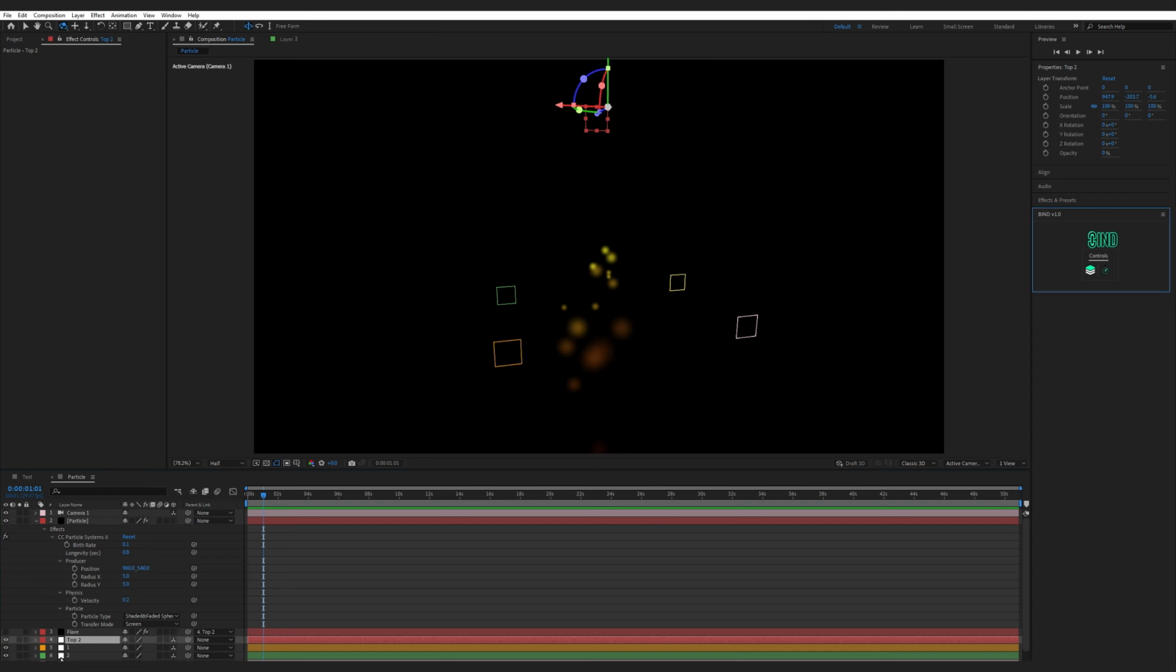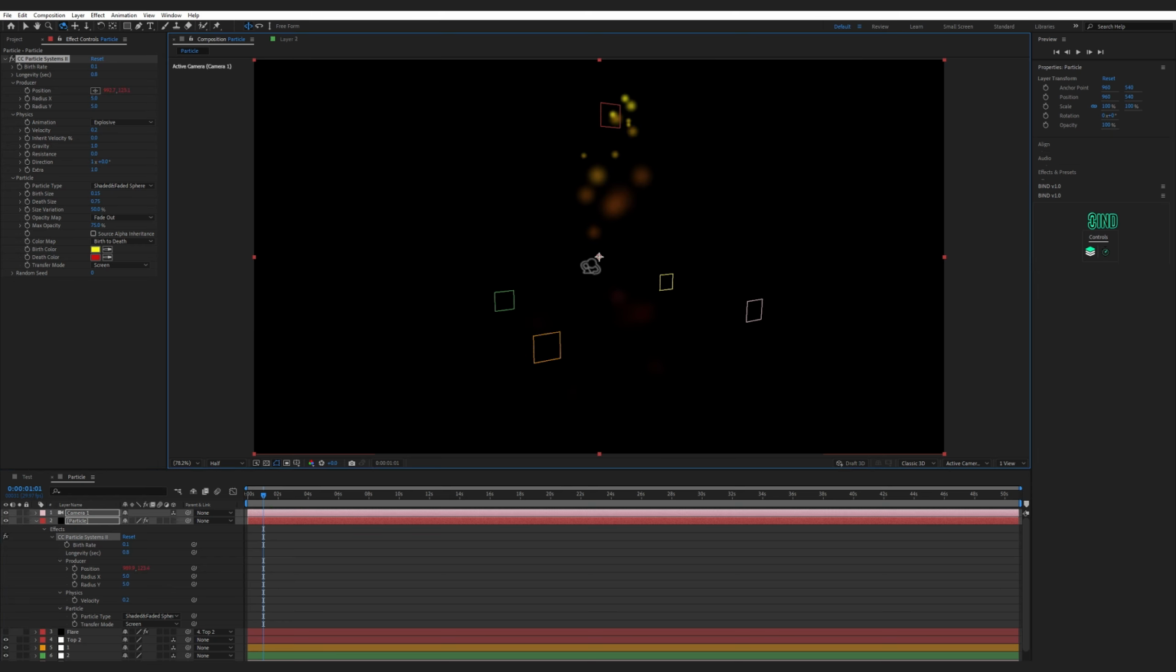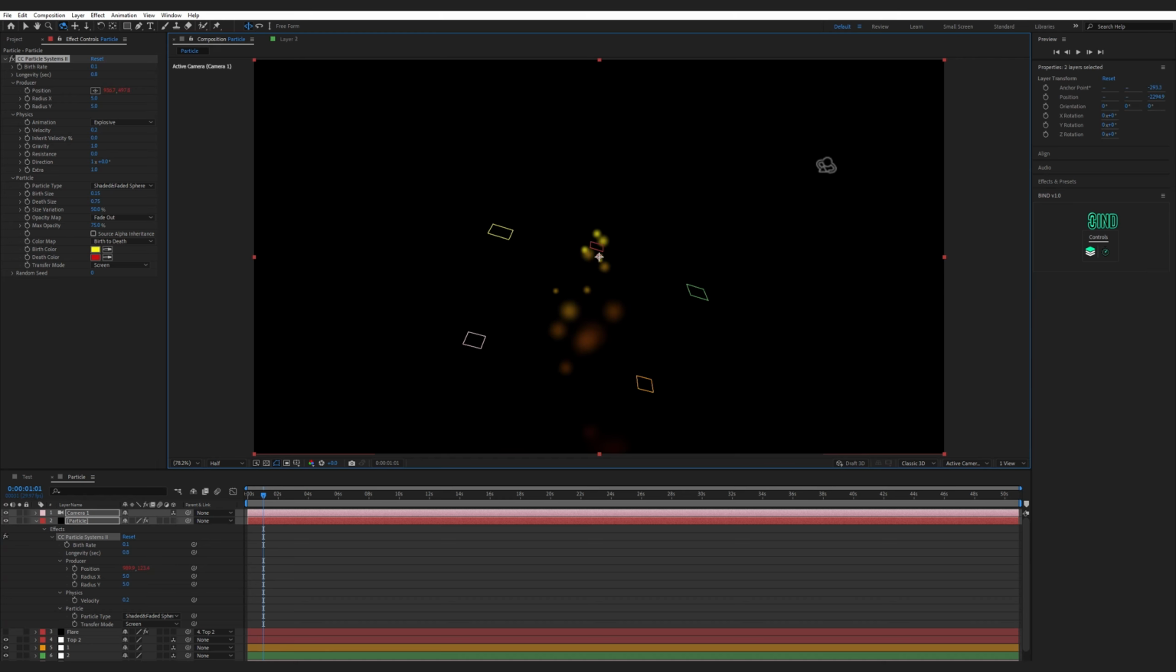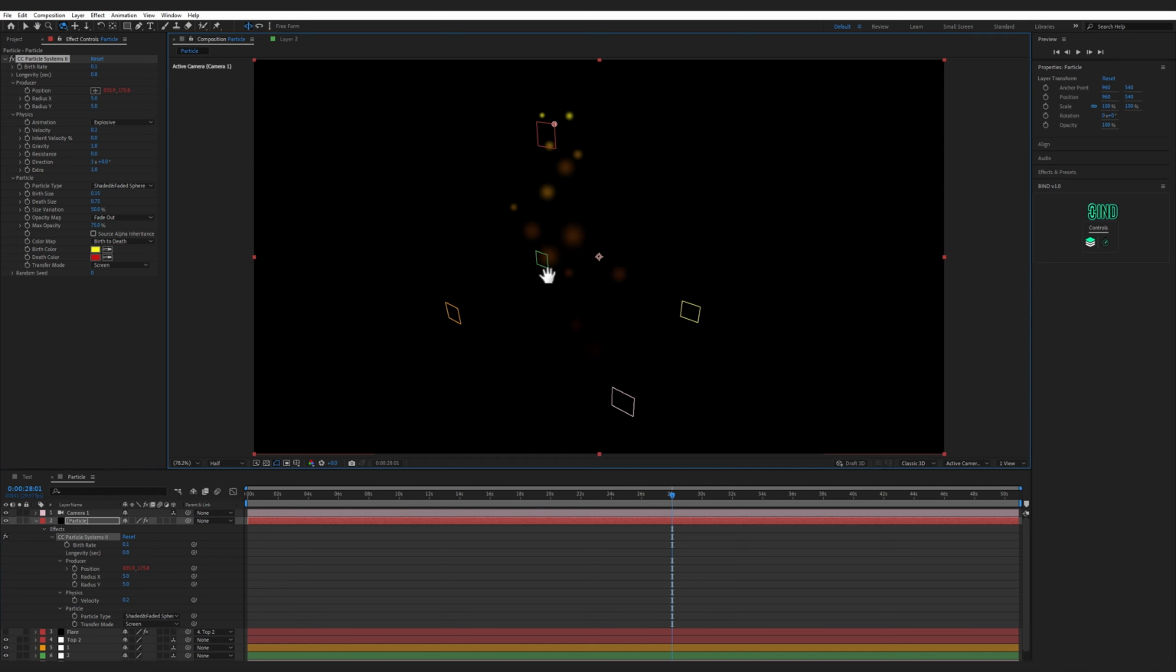So select this one and then select my position property and then select property. Now my effect is locked in a 3D space. So if I animate, as you can see,